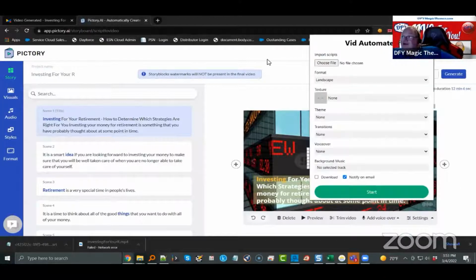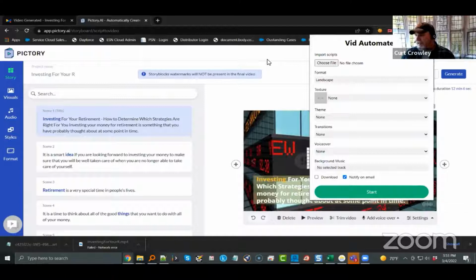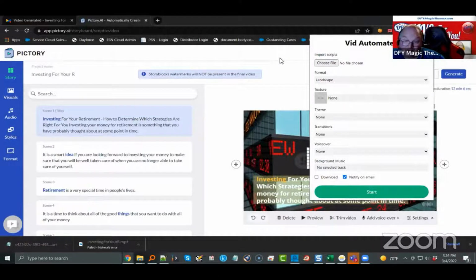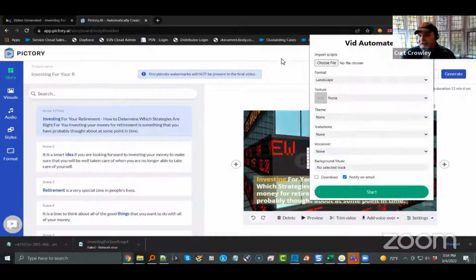It's definitely something that's going to be useful in my business model as well. Right. So let's say you buy a 10-pack of PLR. What are you going to do with it? Well, grab the text file, import it in here real quick. Now you've got 10 videos to go along with the 10 articles you just bought.